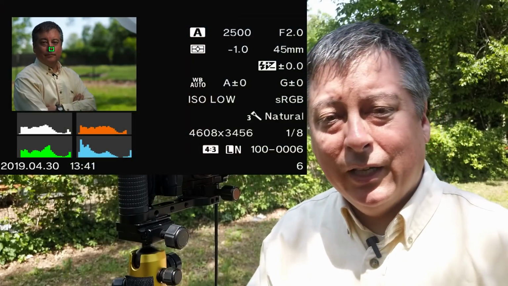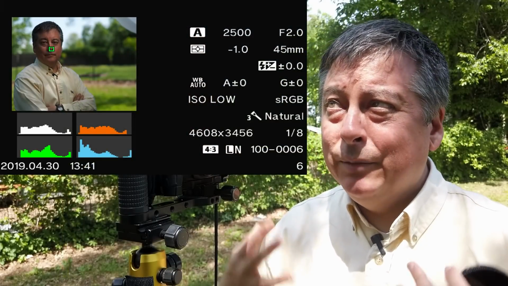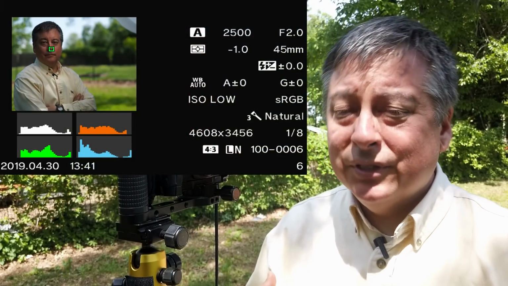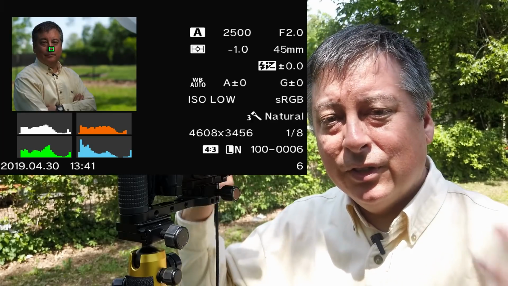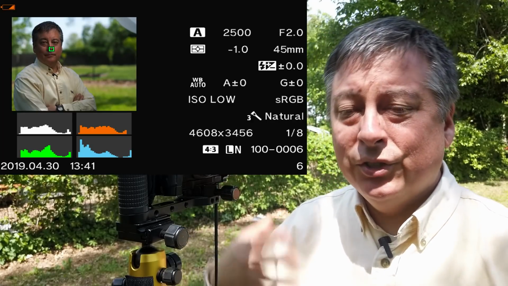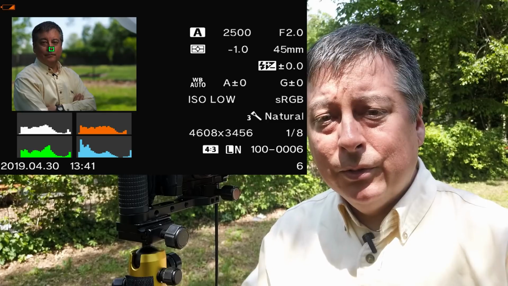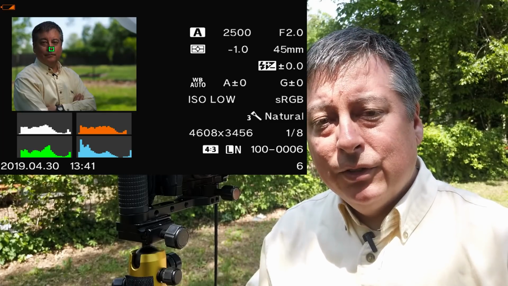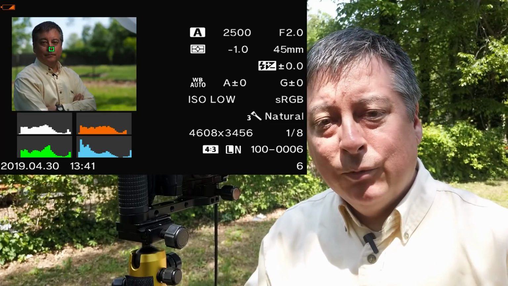So as you can see, this picture is fairly well exposed. The highlights aren't blown anymore, but the flash really kind of ran out of power to illuminate me properly, because I'm still slightly underexposed. You can still see all of the different shadows on my shirt. So I'm going to show you how to do this using the variable ND filter and what kind of results